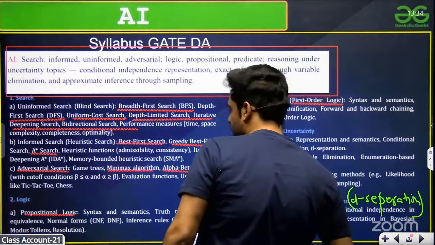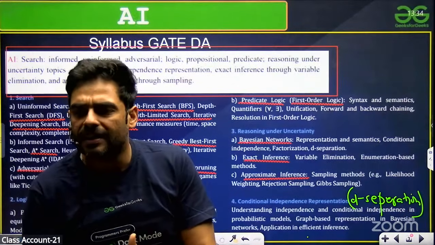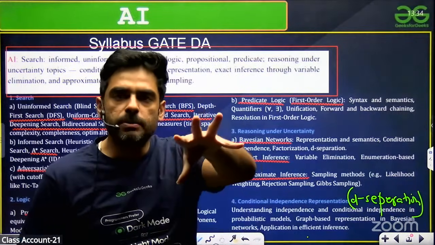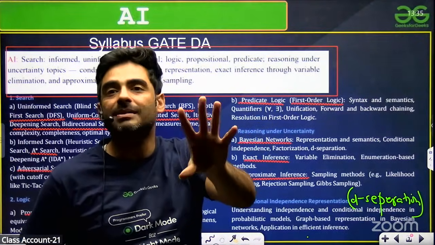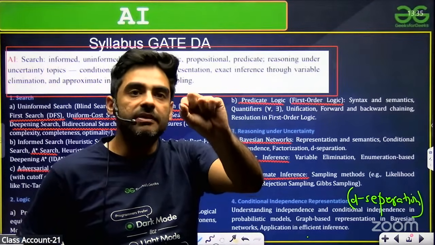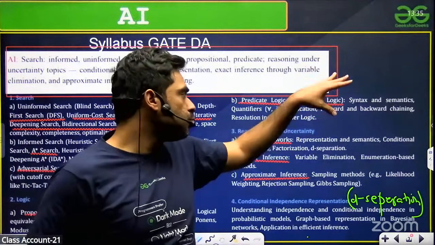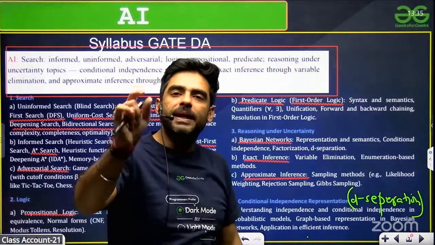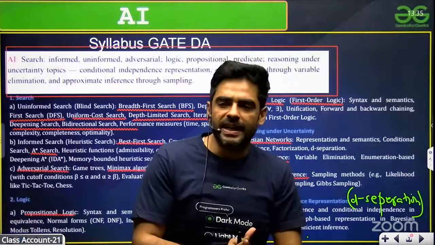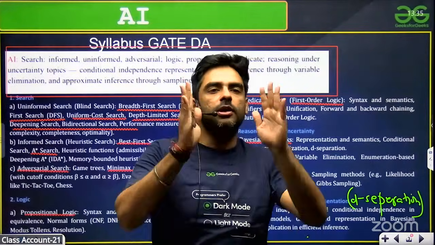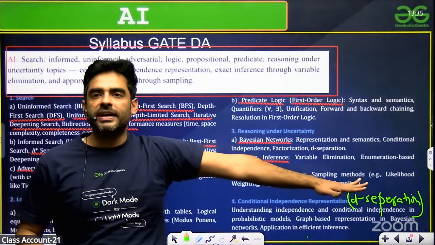Guys, I request you to be very punctual in these coming 8 to 10 classes. I guarantee you will cover the entire syllabus along with the previous year questions, and this is a scoring subject. In 2024 it came for about 8 to 10 marks, in 2025 about 11 marks, and I'm sure in 2026 it will also be around 8 to 10 marks. So this is how I will cover the entire syllabus for artificial intelligence.